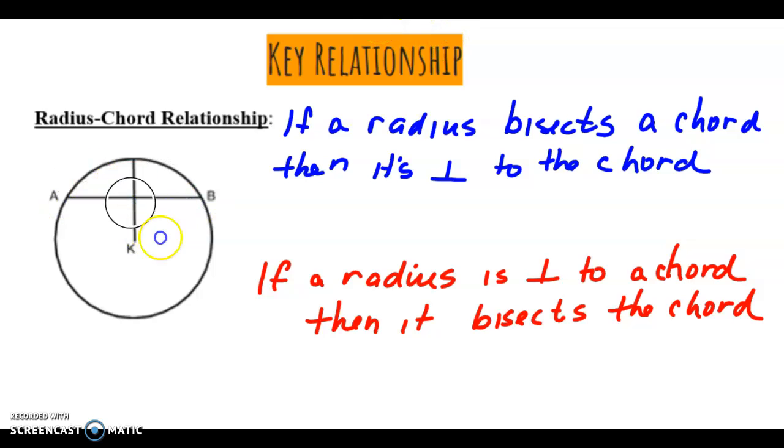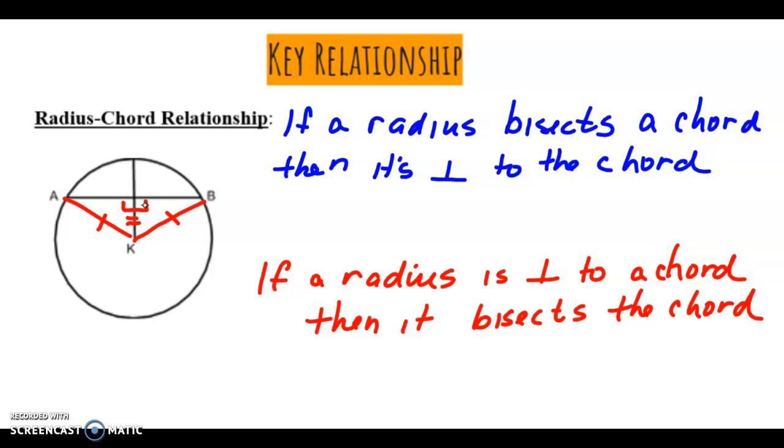So let's talk a little bit about the other situation. Again, here a radius this time says it's perpendicular and then it bisects. So if we have it being perpendicular, again, if we draw in the radii, we've created two triangles. We know these radii are congruent, and we know we have this reflexive side. So this triangle on the left would be congruent to the triangle on the right by hypotenuse leg. You have a right triangle, then you have the hypotenuse is congruent to this hypotenuse, and this leg is obviously